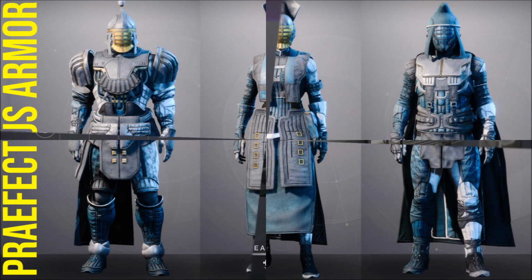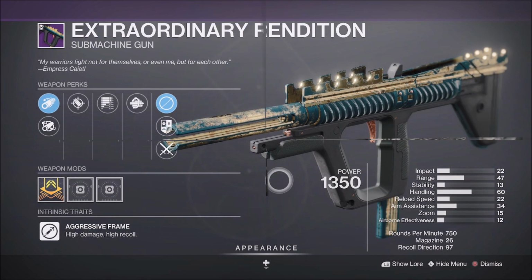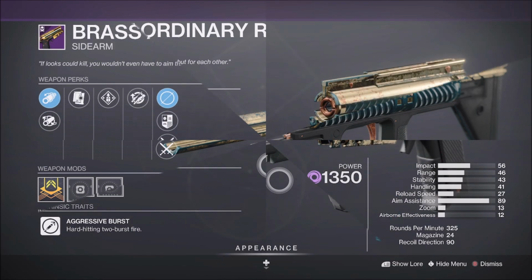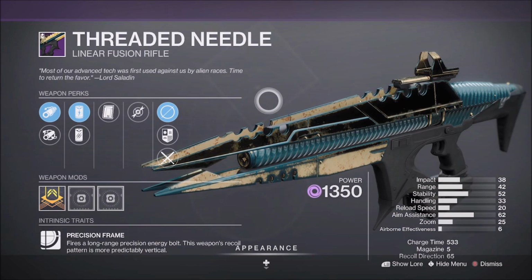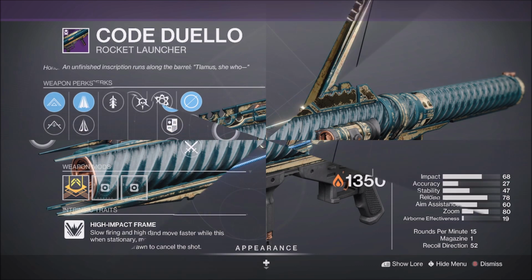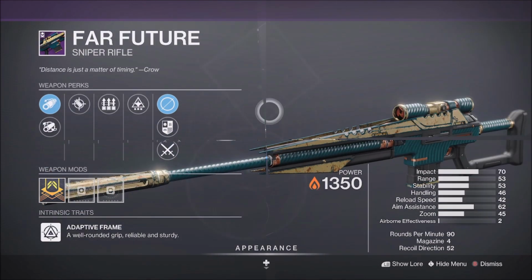The weapons available this week will be the Kinetic Adaptive Frame Auto Rifle Scathelock, the Kinetic Aggressive Frame Submachine Gun Extraordinary Rendition, the Void Aggressive Burst Sidearm Brass Attacks, the Void Precision Frame Linear Fusion Rifle Threaded Needle, the Solar High Impact Frame Rocket Launcher Code Duello, the Void Lightweight Frame Bow Imperial Needle, the Solar Adaptive Frame Sniper Rifle